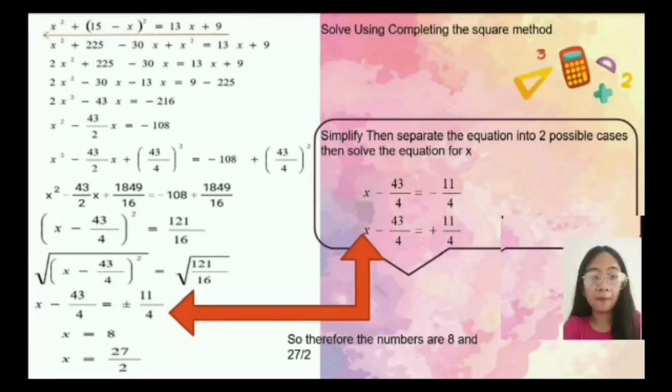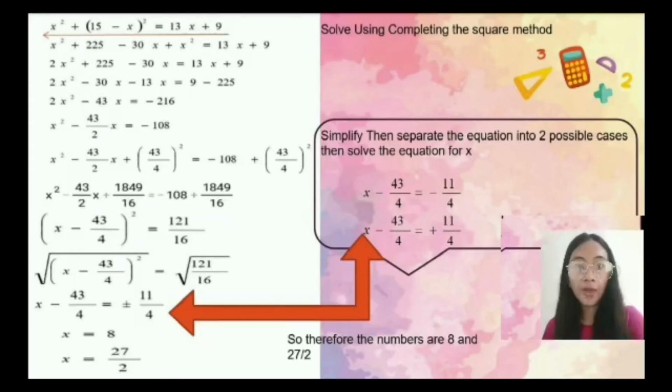So, we need to multiply 15 by 15 to get 225. Then, combine x squared plus x squared to get 2x squared. Then, subtract 225 from 9 to get negative 216. And then, divide both sides by 2. Then, add 43 over 4 to both sides of the equation. Then, square negative 43 over 4 by squaring both numerator and denominator. To get 1849, we need to square by the power of 2, then add negative 108 to